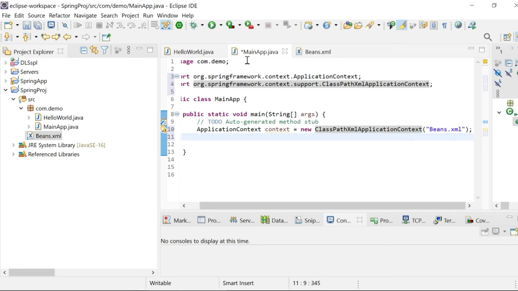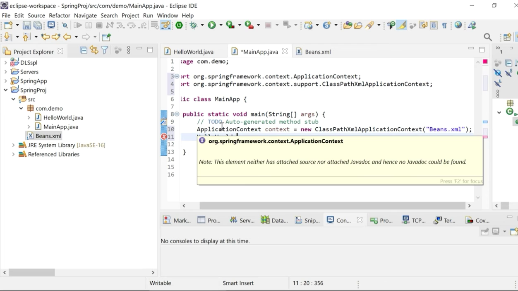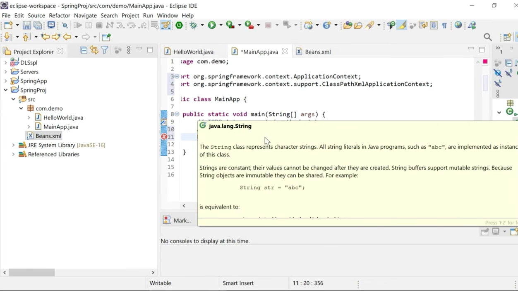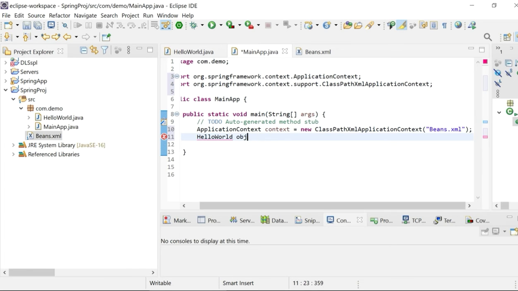We have created the Pojo class HelloWorld. Now we are going to create an object for this HelloWorld Pojo class. So obj is a reference, HelloWorld is a class type. This obj is the reference variable of HelloWorld.